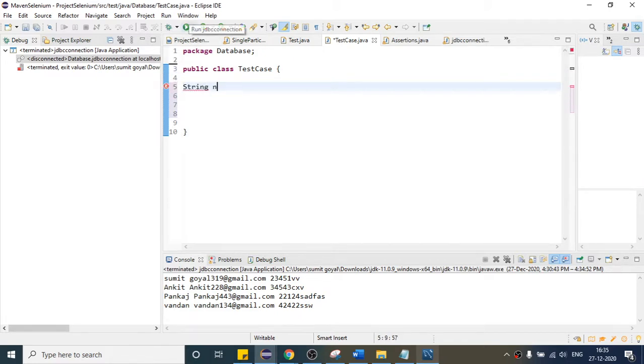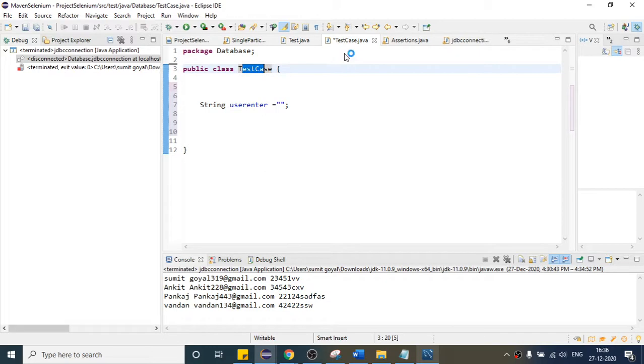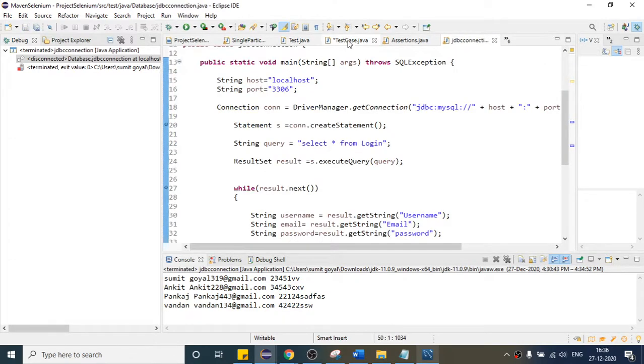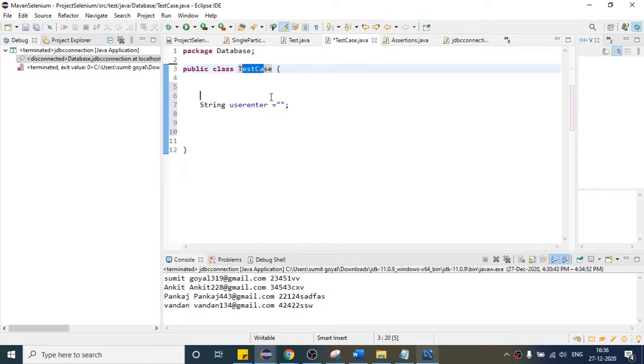So String, I will say name, or let me say user enter. So I will provide some name here, right? As of now, let me put it blank, and let me use public static void main as well. Otherwise, I will not be able to run this test case, and automatically this class will give me the data. So then it will make some sense. So I will provide the main method.